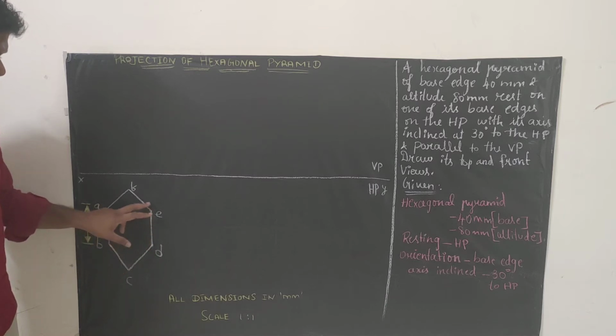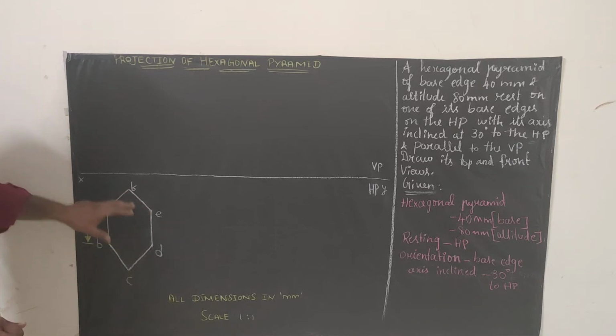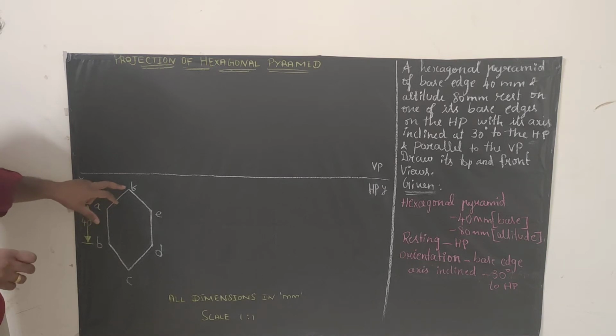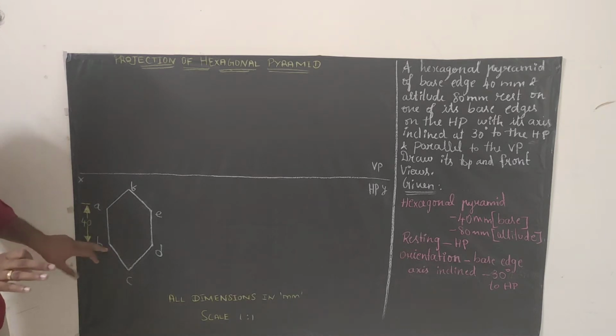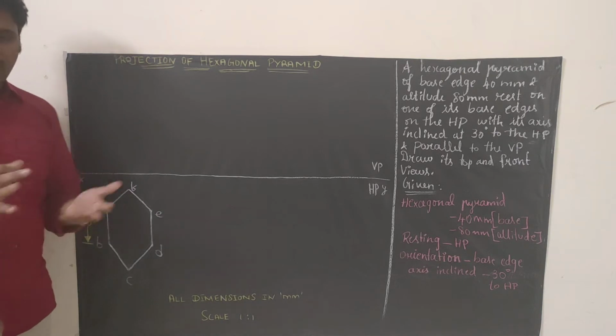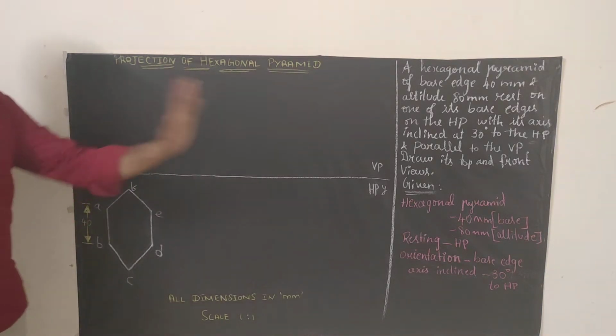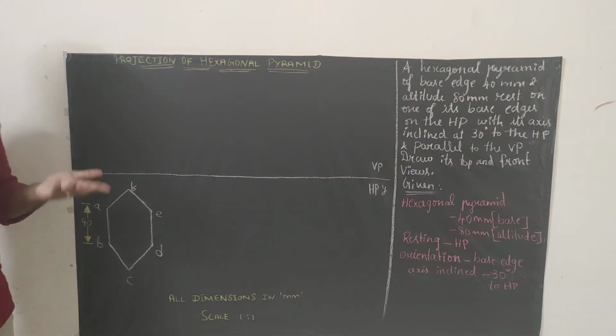Then take 60 degrees and 60 degrees. You know how to draw the hexagon. 60, 60, and then draw 40, 40 and try to extend this in imaginary. Take your compass, keep your compass at F and cut an arc at A, at this point. Keep your compass at C with 40 mm and cut an arc here. You will get two points here and here. After rubbing out all the unwanted things, you will get a hexagon. So drawing the hexagon, you know how to draw, so draw it as it is. And naming, we can name it any way, either A, B, C, D or P, Q, R, S.